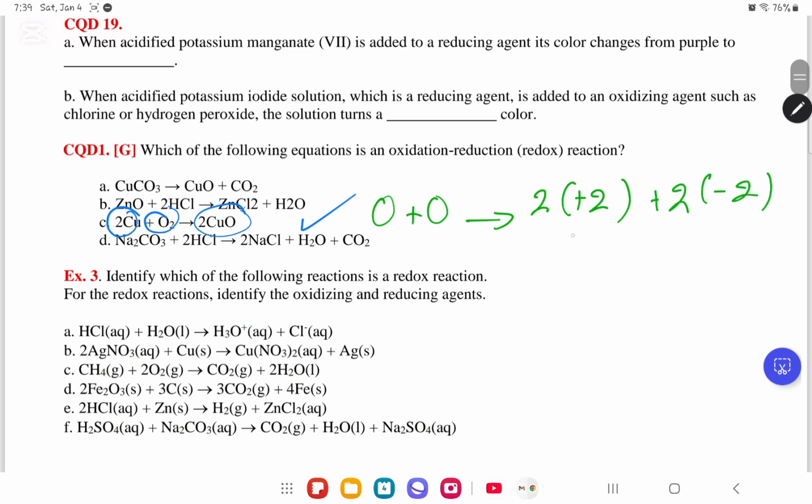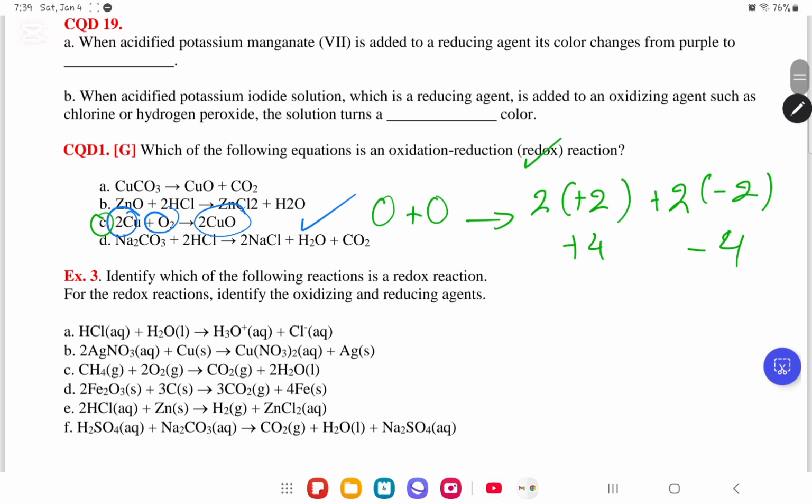So as you see, it becomes plus 4 and minus 4, which even if you add them, they give you 0. What matters is that each element gained and lost electrons. That means oxidation occurred when you lost electrons and reduction occurred when you gained electrons. So yes, it is a redox